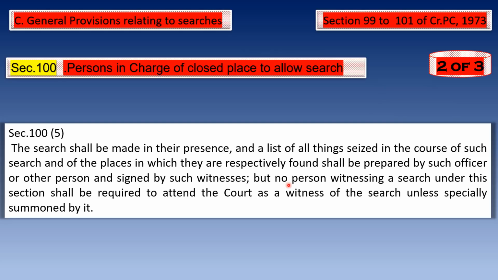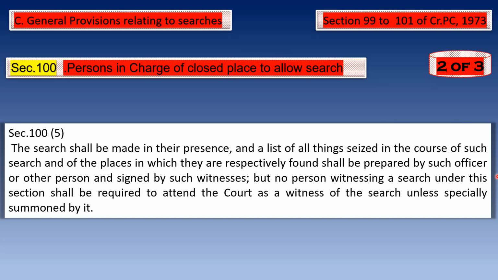But no person witnessing a search under this section shall be required to attend the court as a witness of the search unless specifically summoned by it. So this is continuing from subsection 4 of Section 100 of Criminal Procedure Code. So we can precisely and clearly see that subsection 4 and subsection 5 of Section 100 must be read together, because they are talking about witnesses to be brought under subsection 4, and subsection 5 says this thing,